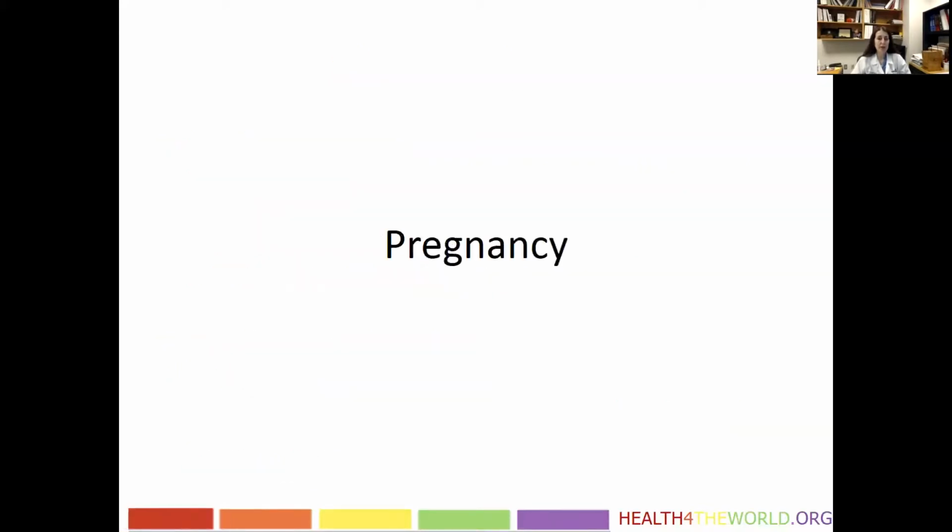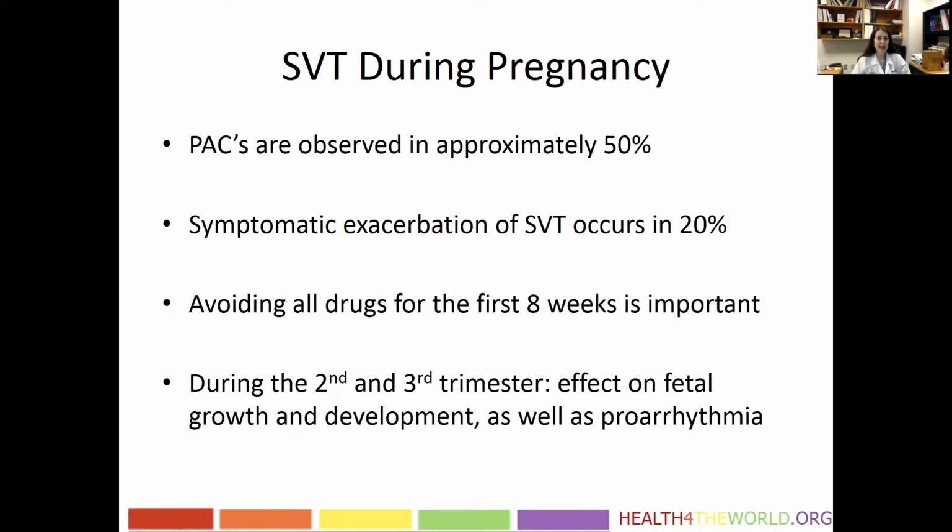A few words about pregnancy and SVT. We know that all the arrhythmias increase their frequency during pregnancy. So symptomatic exacerbation of supraventricular tachycardia happens in 20% of the patients with history of SVT. And it's really important to try to avoid drugs as much as we can, but especially for the first 8